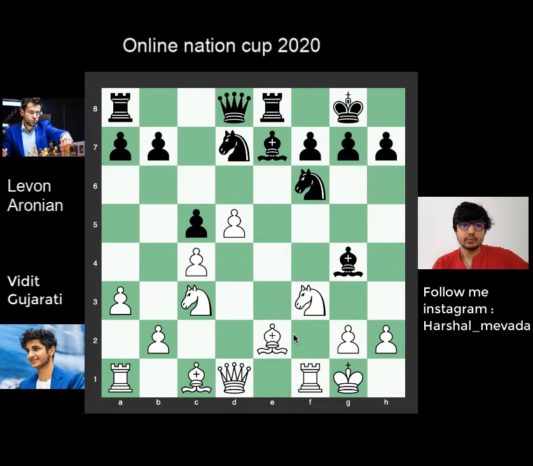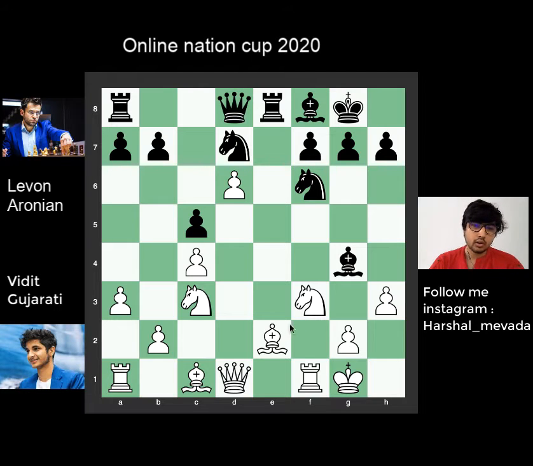Knight to d7, and white pushes the pawn. So here you can't take the pawn because it's protected by the queen, so the bishop goes back. Then next he strikes, pushes h3, so asking Aronian if he wants to capture or go back, or if he goes back, then